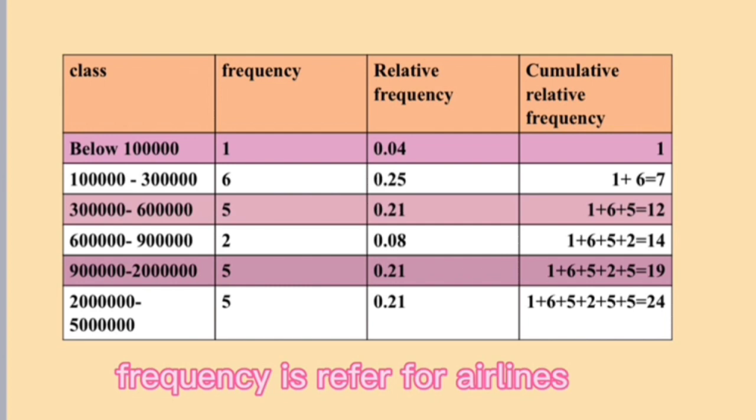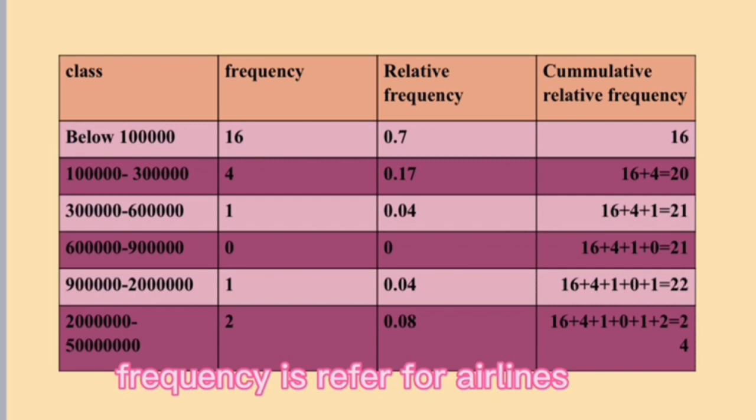Frequency distribution indicates how many observations fall within some range. To get the relative frequency, we must know the class frequency, and then we need to divide it by the total number of observations. And a cumulative frequency distribution records the number of observations that fall below the upper limit